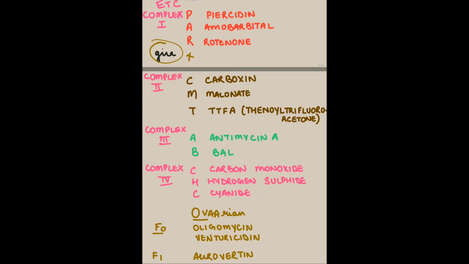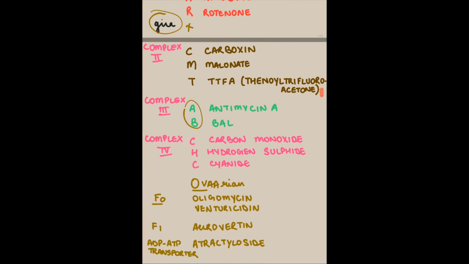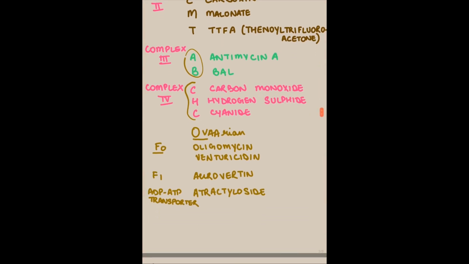Then complex 3 inhibitors are UB because UB CHC, right? So A for antimycin, B for British anti-lewisite, which is BAL. Then complex 4 inhibitors are CHC, UB CHC: C for carbon monoxide, H for hydrogen sulfide, and C for cyanide. Then we come to ATP synthase,